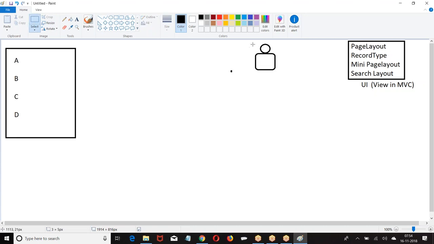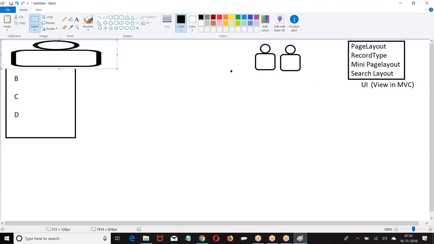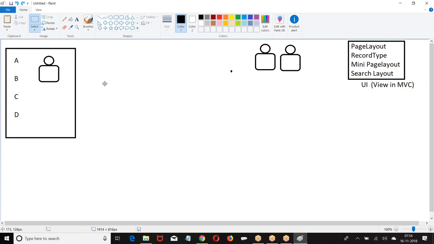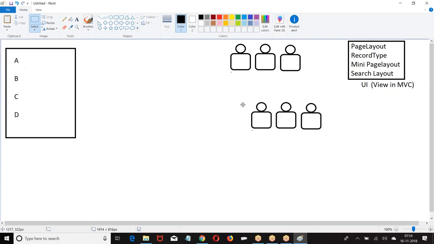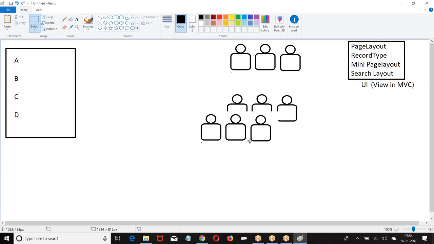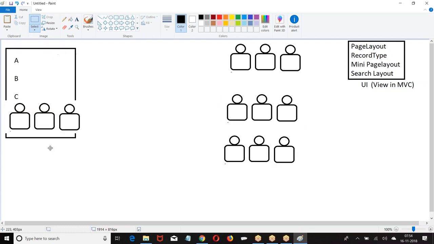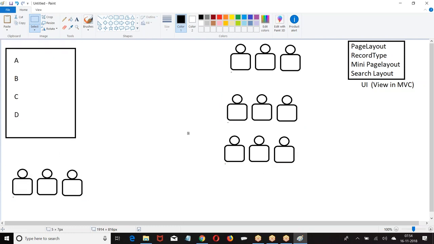Different groups of people are visiting your house. Now, do all these people have the same type of facilities at your house?